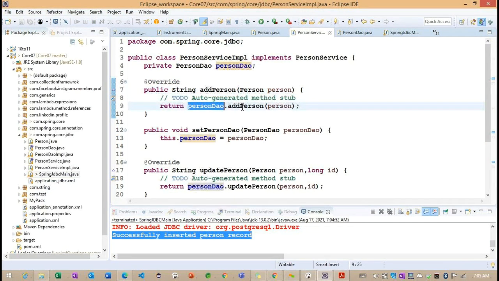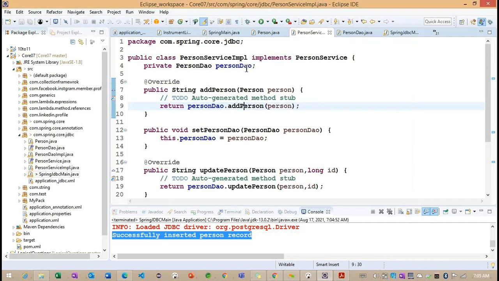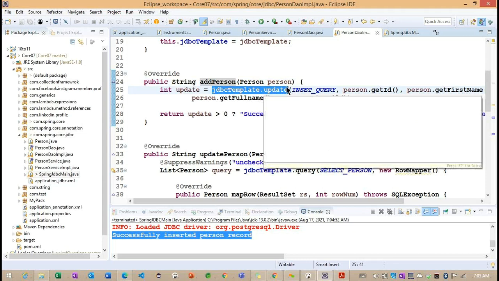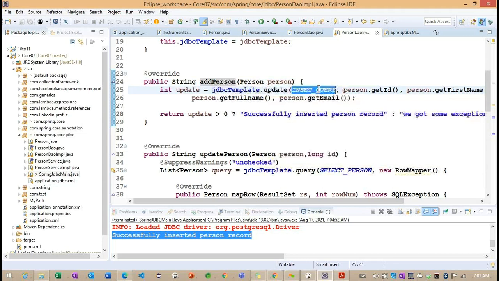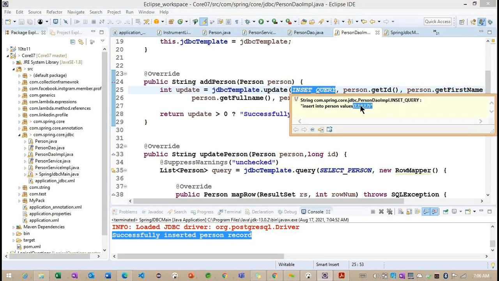Now you can see personDAO.addPerson, and we are moving into PersonDAOImpl. Inside this PersonDAOImpl, with the help of jdbcTemplate.update, we have an insert query: insert into person values.